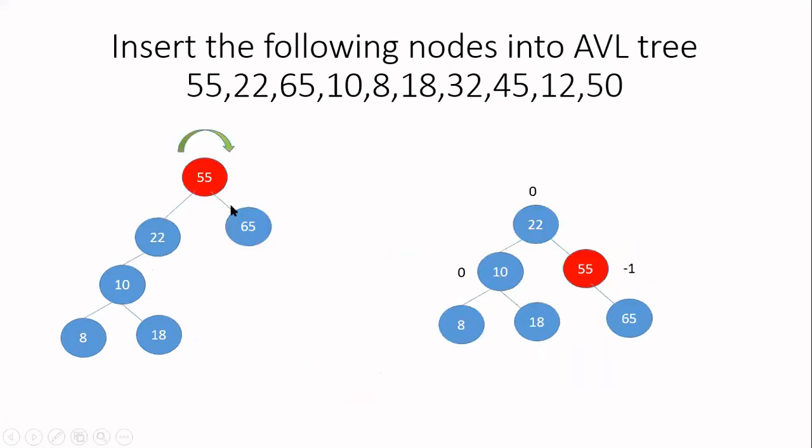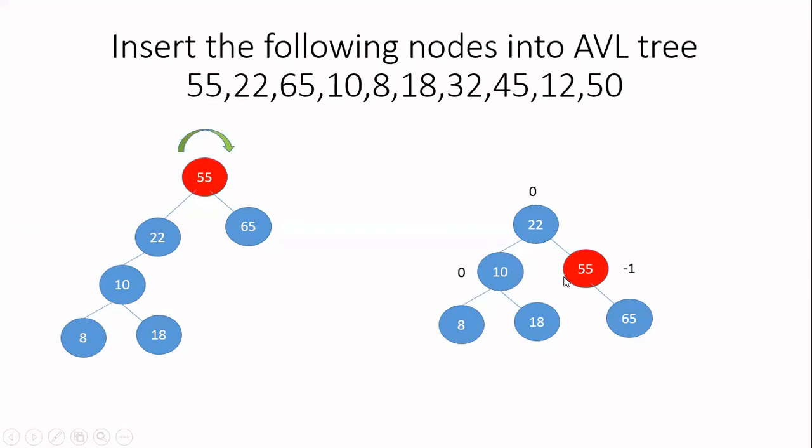When I do that, 55 will be moved down and 65 will also move down at the same time because we are pulling the thread, and 22 will move up to the position of 55. All the remaining subtree will be moved up. So we have 22 at the root, 55 is moved out, 65 is also moved out. So we have converted this tree, which is having LL imbalance, into this particular tree. After you have done the rotation, you can calculate the balance factors. It is not required actually.